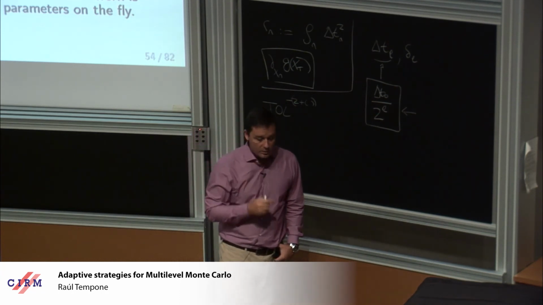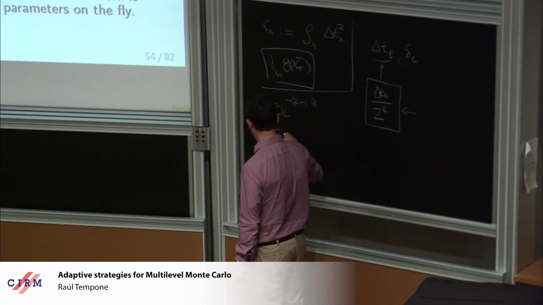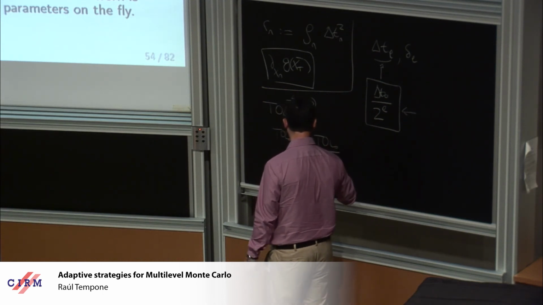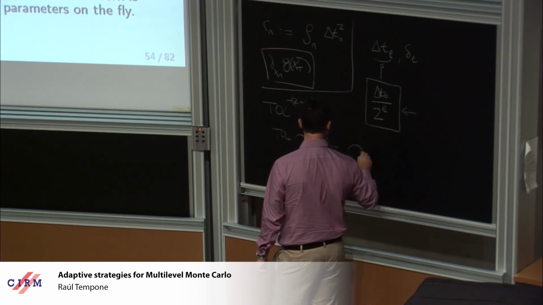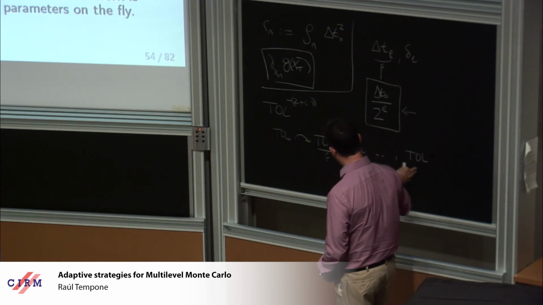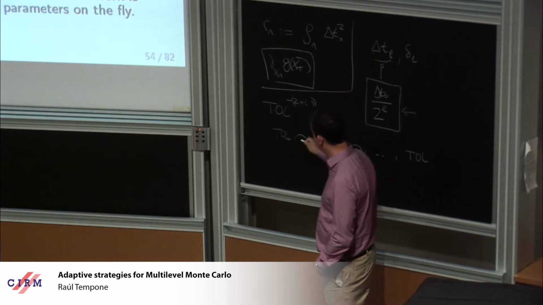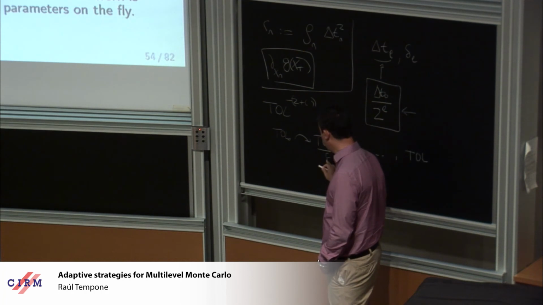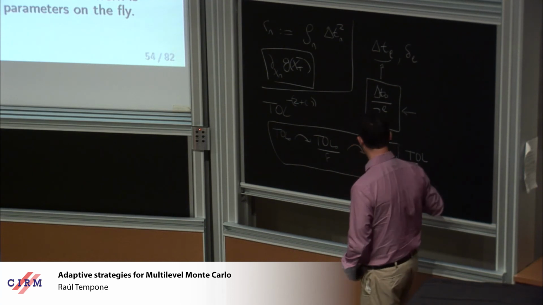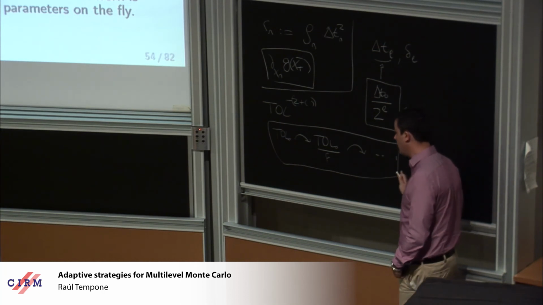So if you actually solve a sequence of problems where you first begin with tol 0, say, and then you go to tol 0 divided by a certain fraction, call it f, and then keep going until you hit the actual tolerance you want, you can sum these works here, and you can get a choice on this fraction so that the actual sum of these preliminary works does not create a huge overhead on the last one that you want to solve. That's the first idea.